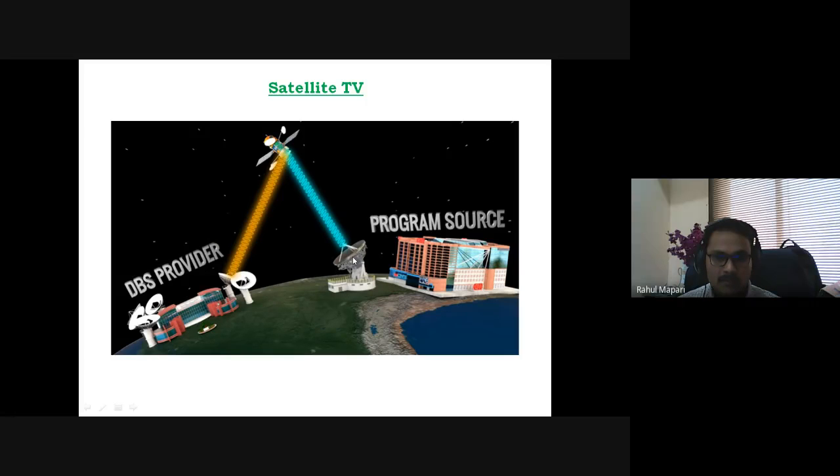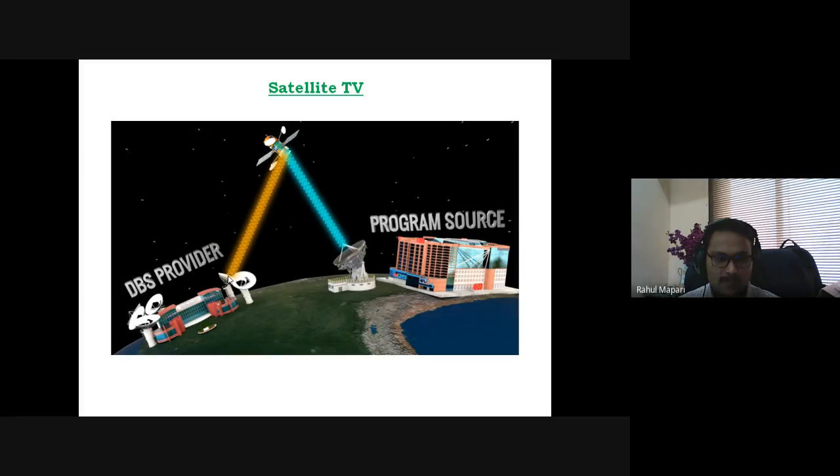Now, all the programs of a particular channel are first given to the satellite, using a transponder. The working of the transponder we have seen in the last lecture. The transponder converts the frequency, and that converted frequency is given to the DBS provider.